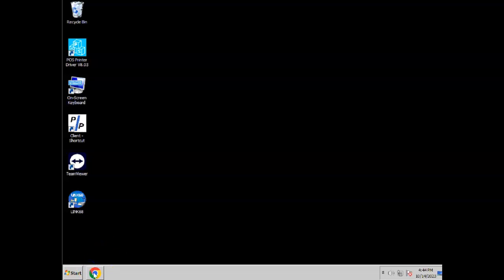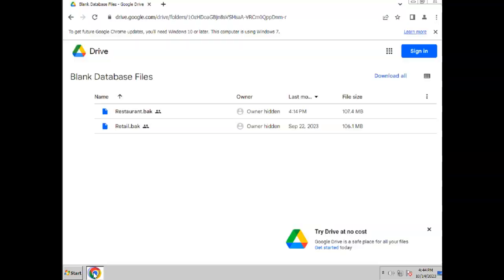This is a quick tutorial on how to do a backup and restore the database on %POS. First, if you would go into your website, here under the %POS installation folder on Google Drive, you will see a blank database files folder, and you will be able to find a blank restaurant or a restaurant backup